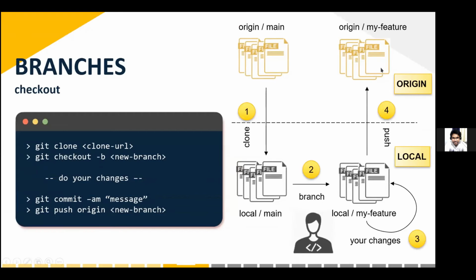And now the problem with this is over time. So as I mentioned earlier, the problem is we have 2 branches in the origin. What we want to do is we want to incorporate this change where it says my feature into the main